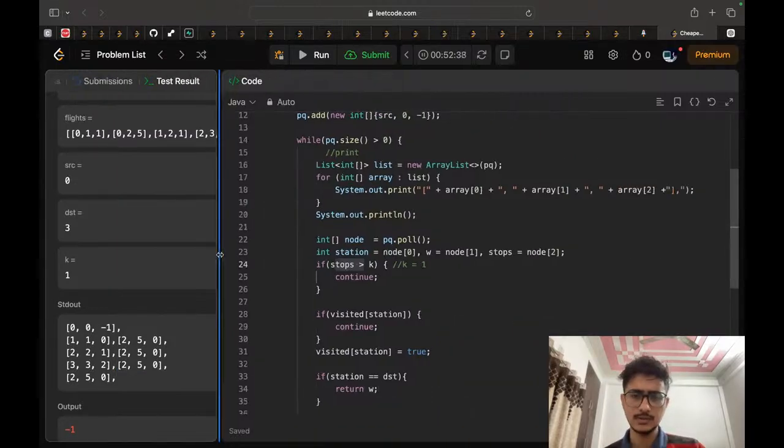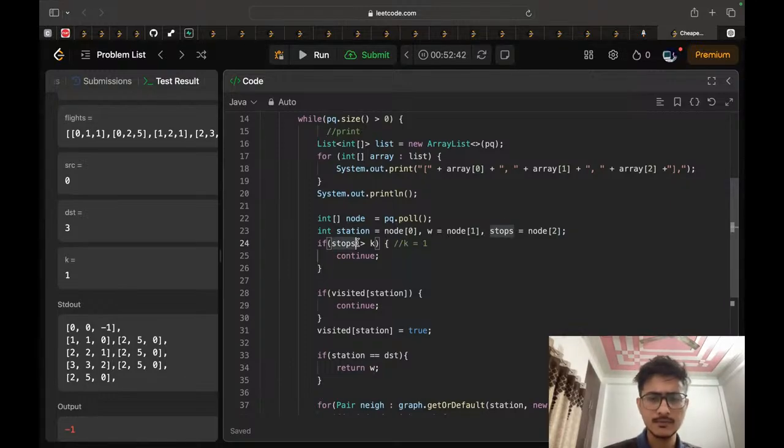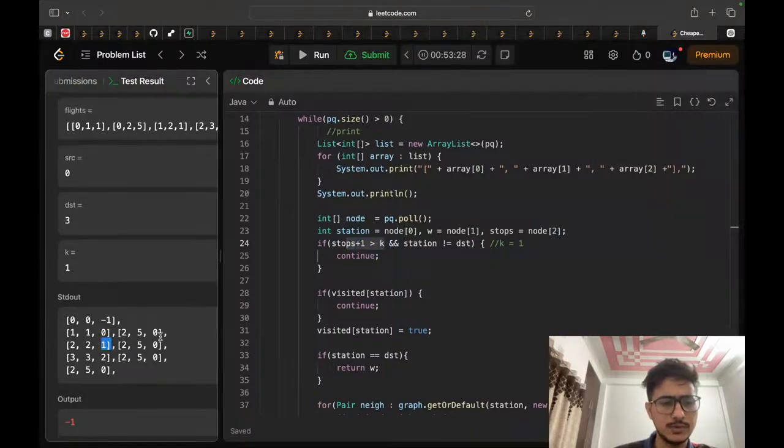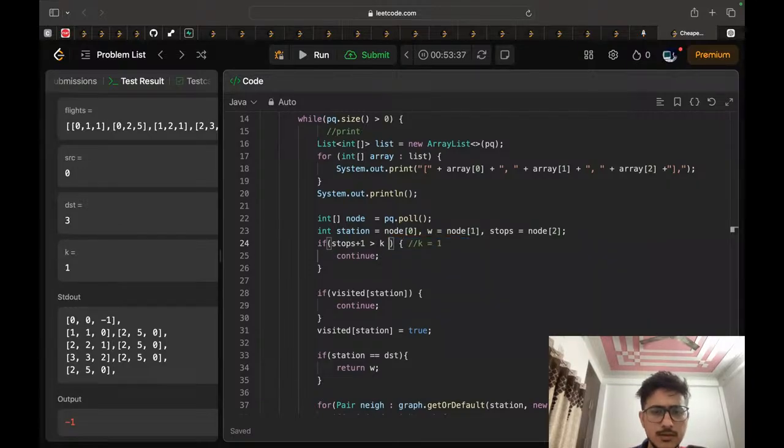So what we can do is, I think, if our stops plus 1 are greater than k, and our station is not equal to destination, means if we are 1 away from the destination, means if we have used all our stops, okay, means till now we have used all our stops. It means stops are greater than this,